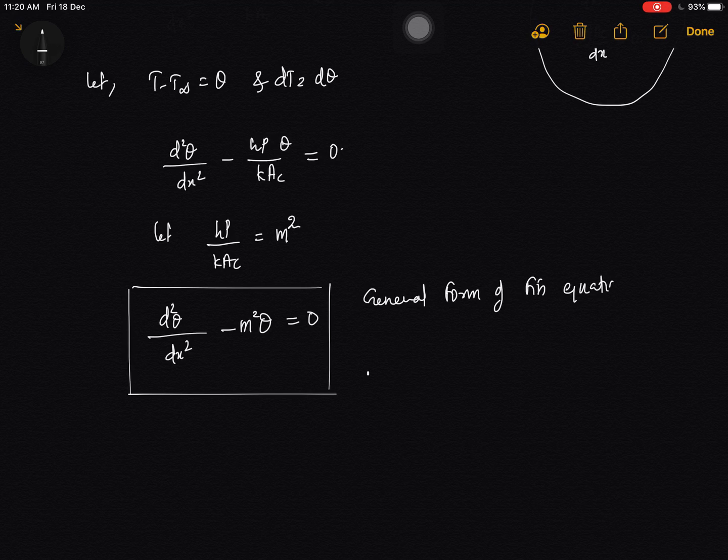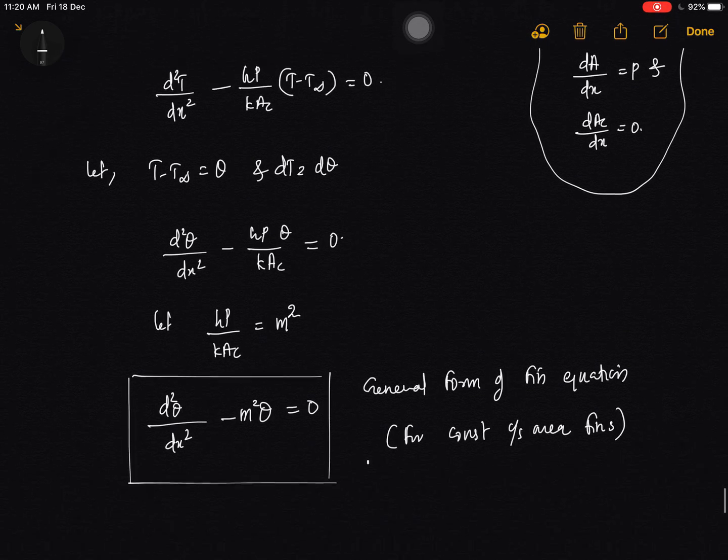And this is the general form of the fin equation for constant